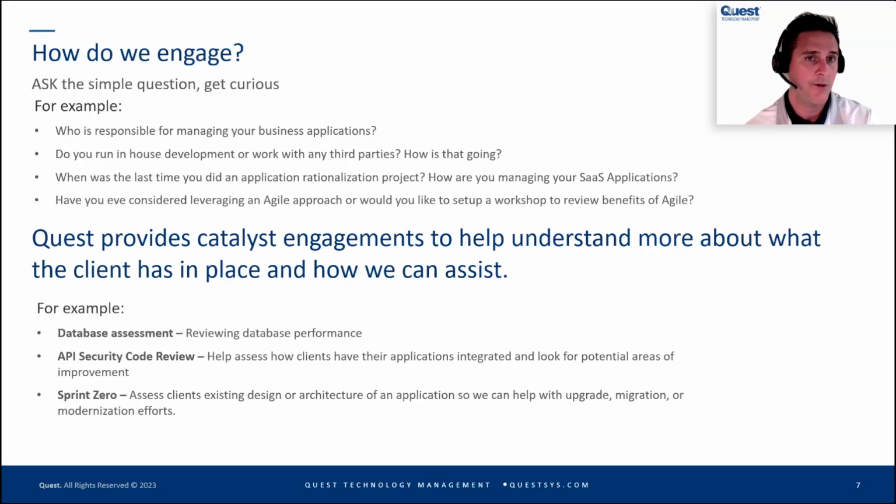It's just that as opposed to legacy phones, it's their applications that host their business. It's the same concepts. And then asking the question around Agile development and iterative processes, helping them do an assessment of their environment to start. We're going to go through an example later. One of the best ways to start, a lot of people don't have this skill set in-house, especially in the middle market.